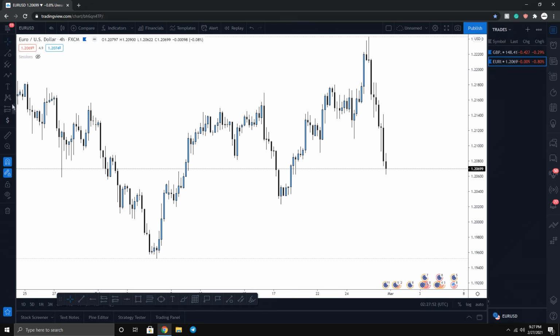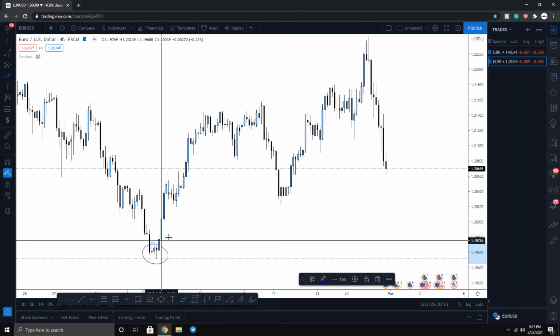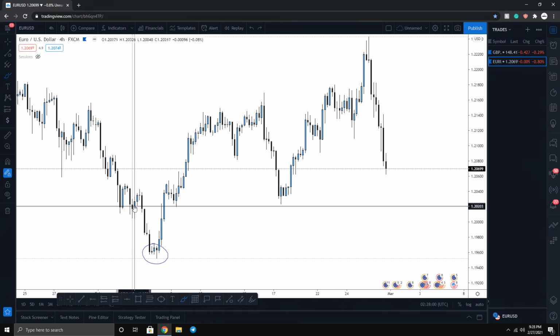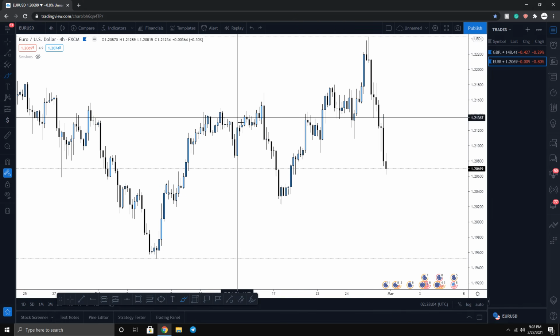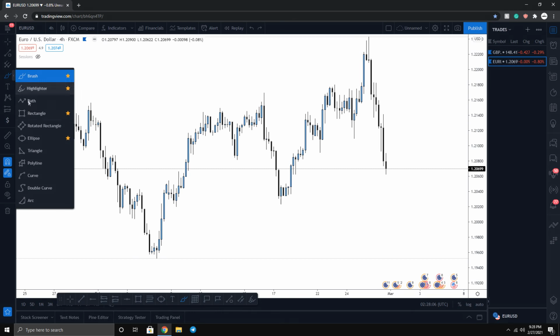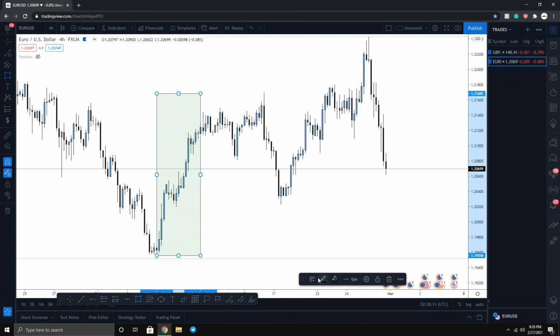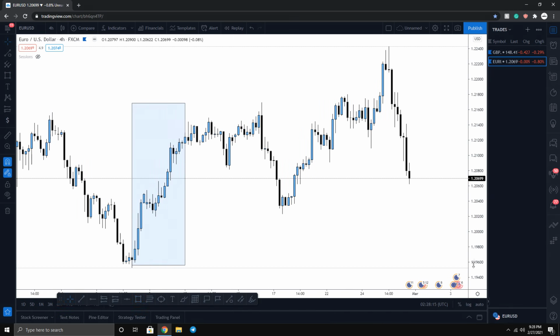So the first thing that I'm seeing is right over here, where the market ended up reversing and going up and breaking various 4H levels of structure. It broke many lower highs, giving us identification that the market wants to trend higher. So we can definitely say that this was the expansion towards the upside, which I'm going to highlight in blue. There you go.